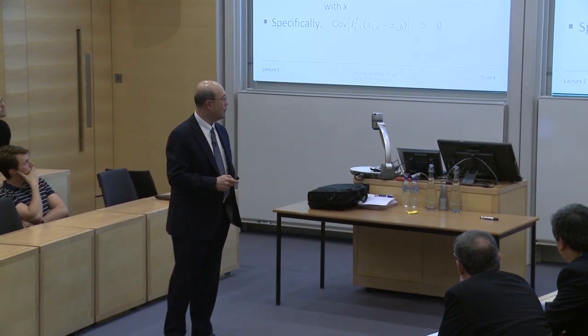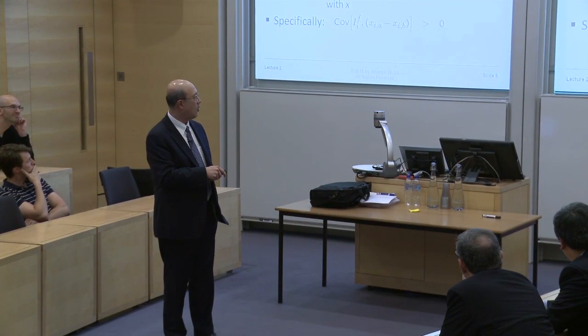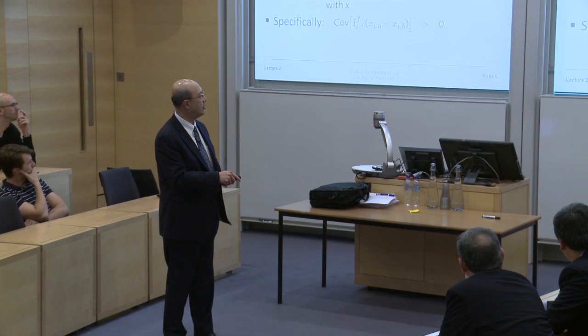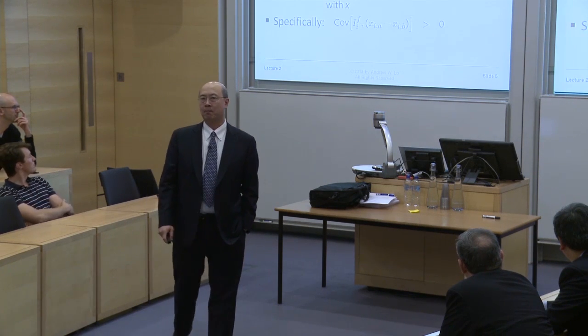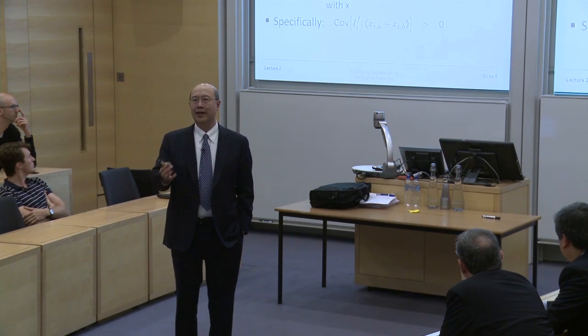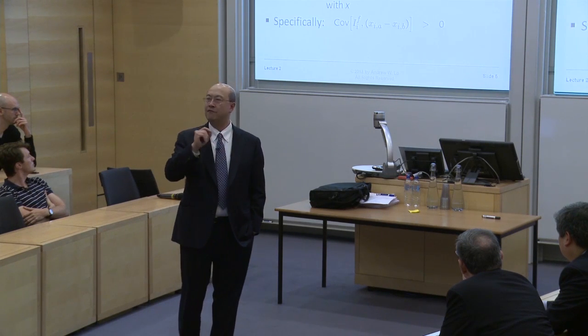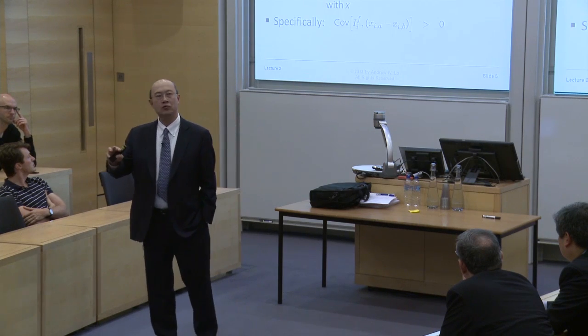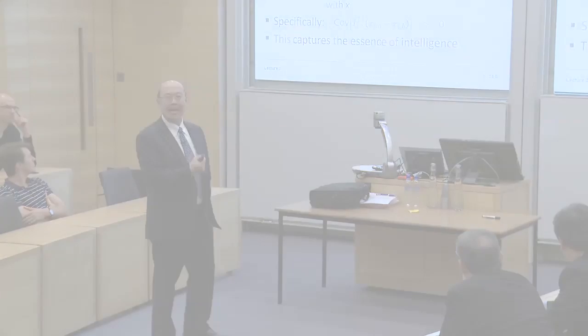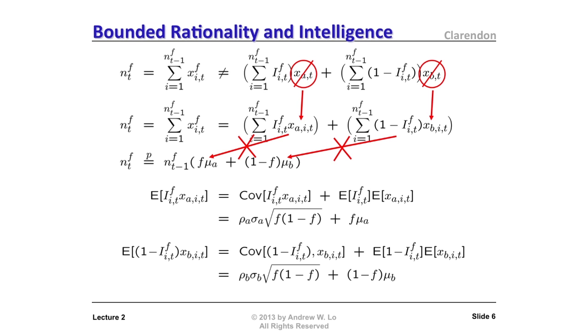And so if we simply assert that the covariance of a particular individual happens to be positively correlated with the difference XiA minus XiB, that's enough to show that this individual will have a faster growth rate than those who do not have that correlation. So this captures the essence of intelligence. Now, I won't take you through the mathematics of it. It's actually not that complicated, but it looks a bit messy.